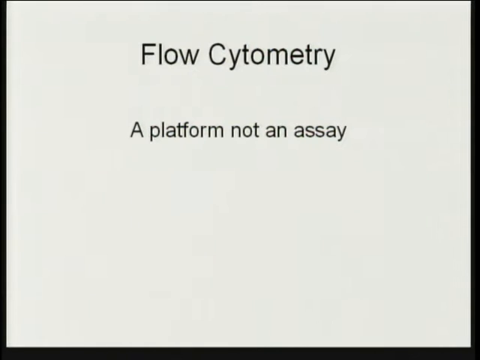And as I just mentioned, flow cytometry really is a platform. It's not an assay per se. There's a lot of things you can do with flow cytometry. So simply writing flow cytometry on a tube of blood and sending it to the laboratory doesn't tell the laboratory what you are supposed to do with that tube of blood. There are a lot of different things that can be done, and each of these assays requires validation and examination of its performance characteristics, such that there are a lot of different assays that are used in the clinical laboratory